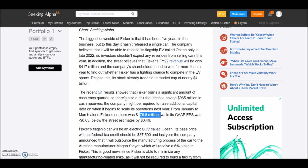So I'm just reading both sides of the articles because I never want to give you any hope or any kind of news that, okay, Fisker is the best stock, it will go to the moon, it will be $100 in 1 year, bye. No, I want to give you both the bull and bear case. I'm not saying that this is correct or the other one is correct, but I just wanted to bring this news to your attention, especially if you're holding Fisker or you are planning to buy Fisker. So in this video, that was the main idea, just to give you some perspective